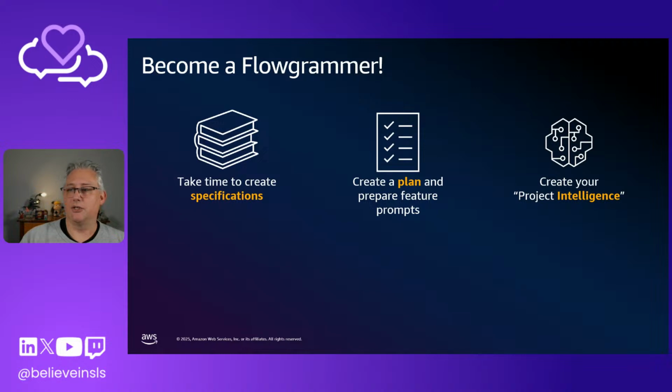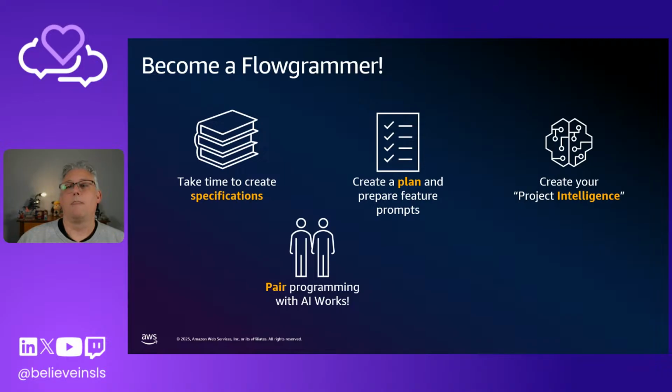Create your project intelligence. Save these files. Make them context for the AI. Make sure that it's being used. Quite frankly, pair programming with AI works. Don't treat AI as a magic silver bullet. That's my key advice. Instead, treat it like a part of your team, an extension of yourself, and lift yourself up to be that flowgrammer, to start problem solving and thinking about end outcomes rather than what the code is. Maybe it won't be super efficient, but AI coding assistants are getting better and better at writing really good code. If you can pull these things together, you're going to start to maximize your flow.